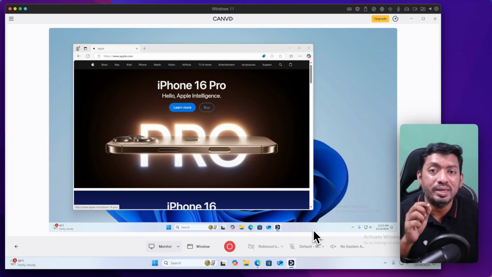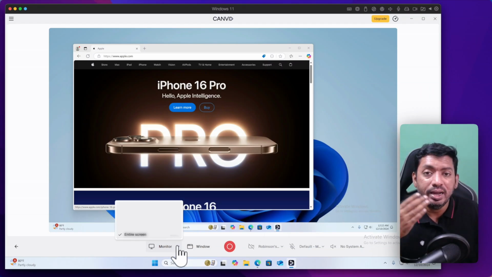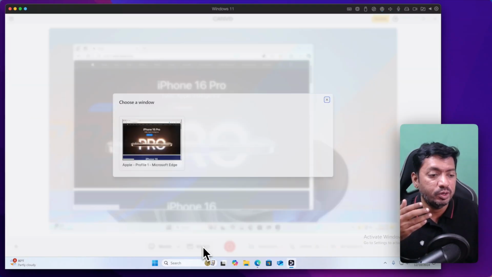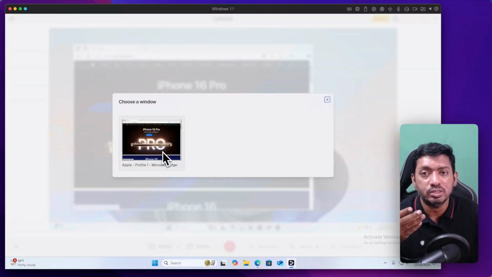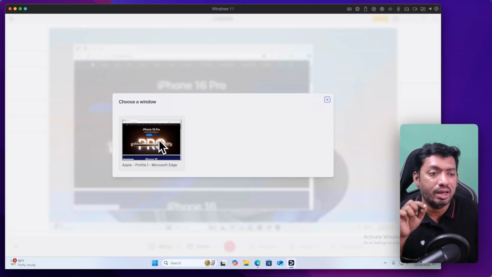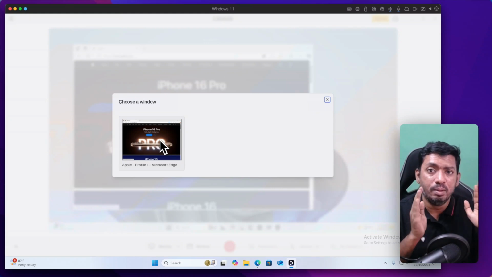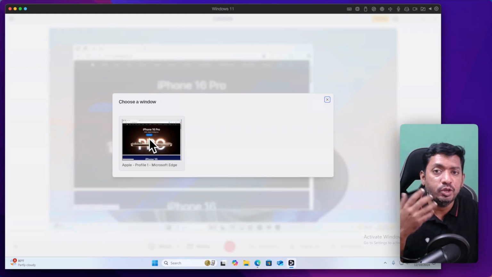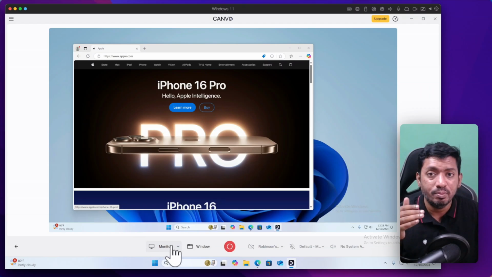So coming back to the topic. Here you can select whether the entire screen or a specific window has to be recorded, even before starting the recording process. If you have multiple desktops or multiple apps opened, you will be given an option here for which window or application has to be recorded. If it is a browser window or any application walkthrough that you would like to give, you can select just that application and everything else will be excluded from the recording, so that the information you want to share will be very precise and clear. Here I'm going to select the entire monitor just to show how easy it is,